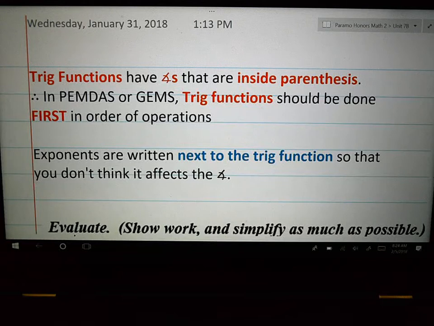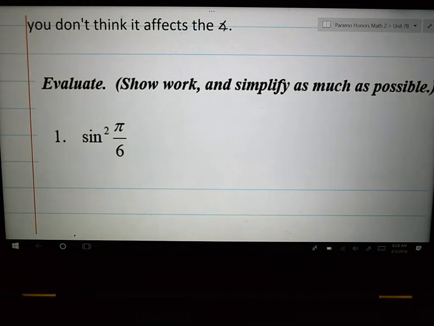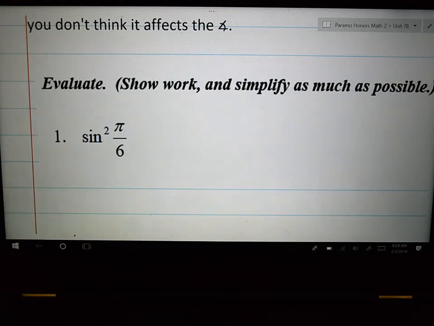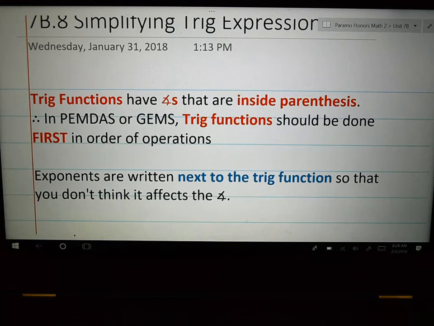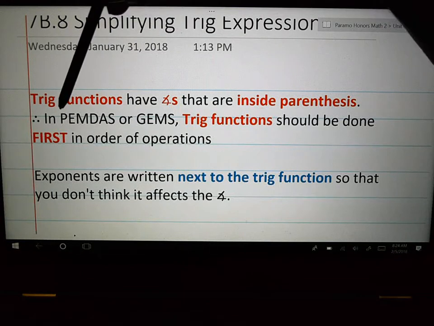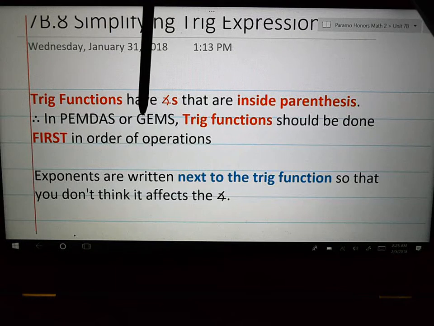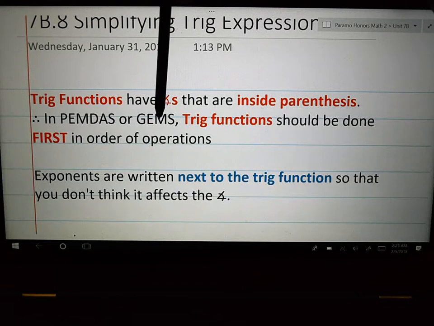So when you're doing problems that look like number 1, some of you are going to see this squared and think that you need to do the squared part first. But what I'm telling you, since you've never done this before, is that you're supposed to do parentheses before you do exponents. You're supposed to do groups before you do exponents. And I don't know if you learned it as PEMDAS or if you learned it as GEM, so let me